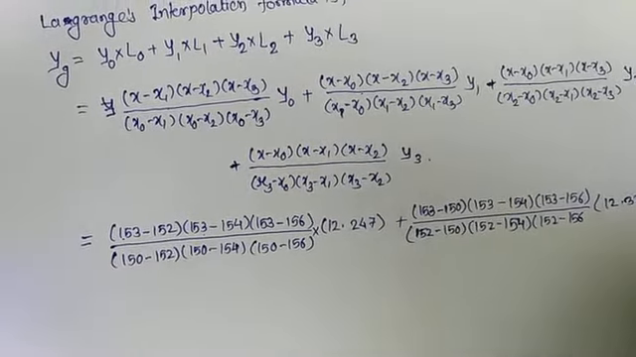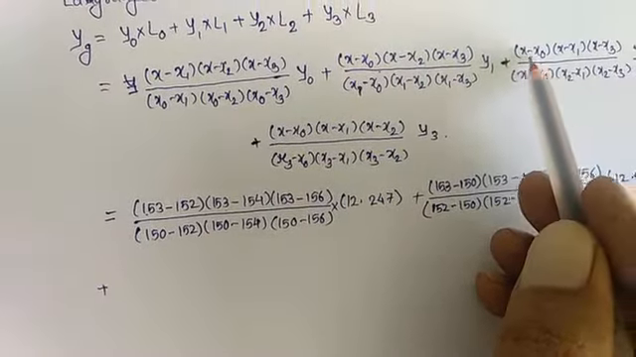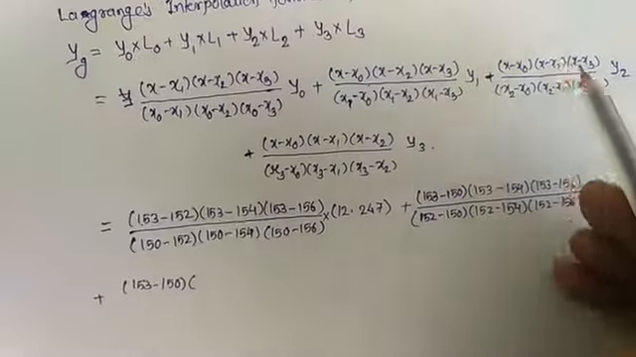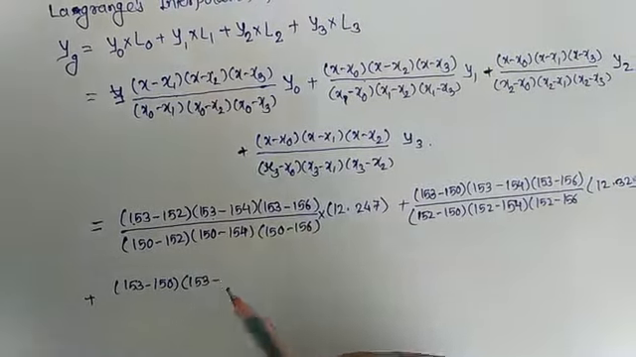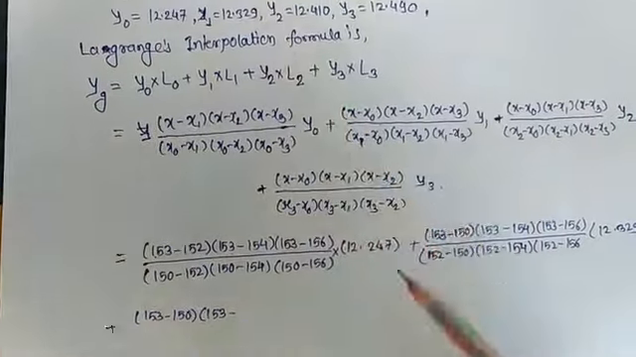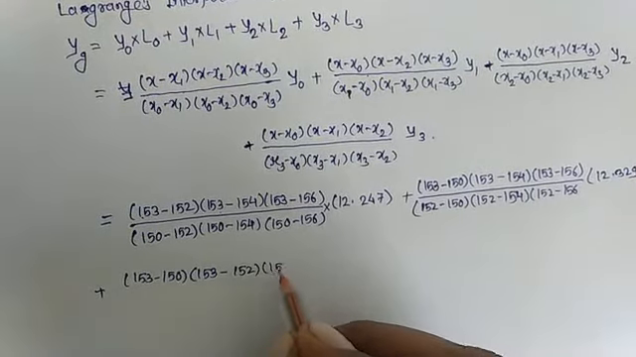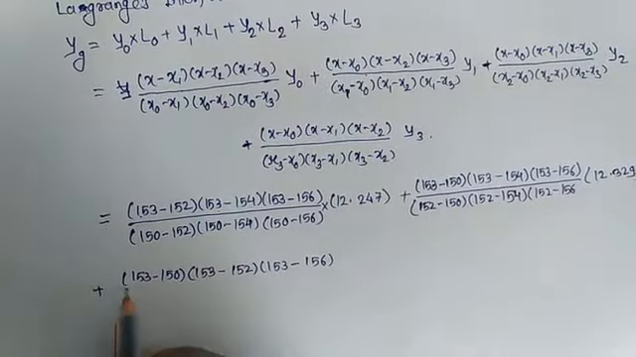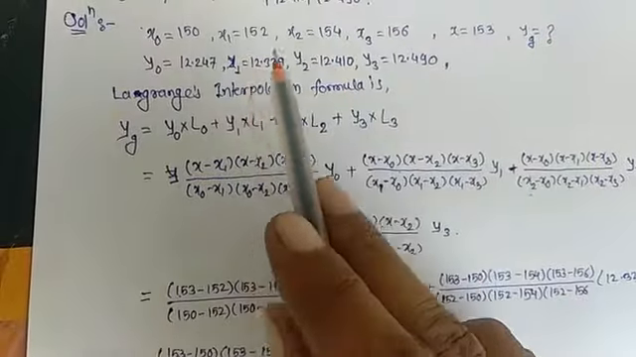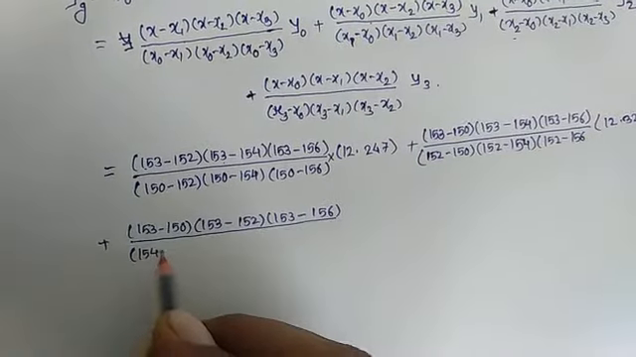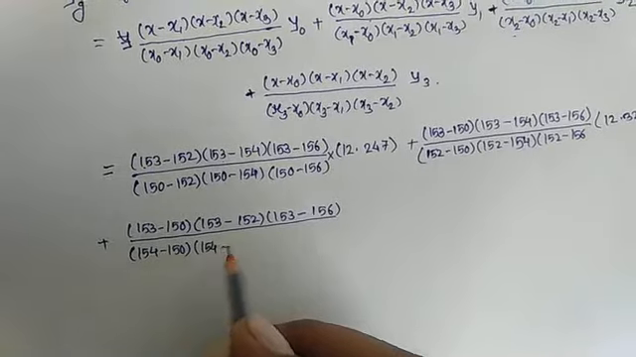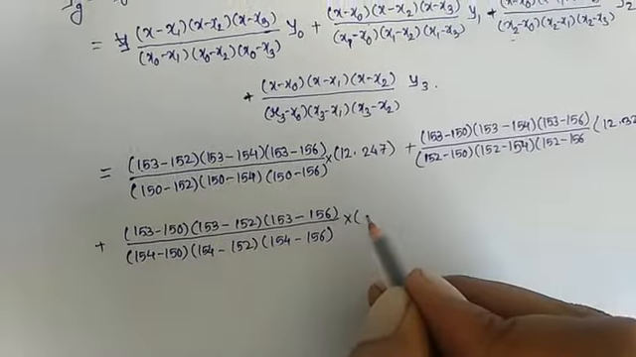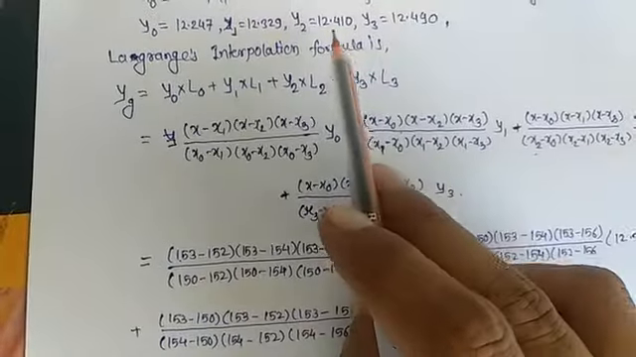12.329. Next plus, here it is x minus x0, that means 153 minus x0 is 150, next x minus x1, which is 153 minus x1 is 152, and last 153 minus x3 is 156, divided by, now x2 is 154, so here 154 minus 150, 154 minus 152 and 154 minus 156 multiplied by 12.410, because the value of y2 is 12.410,